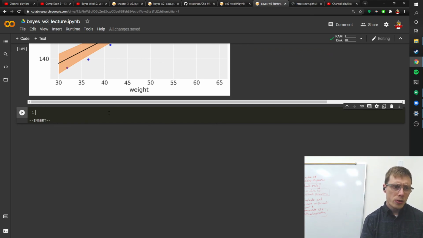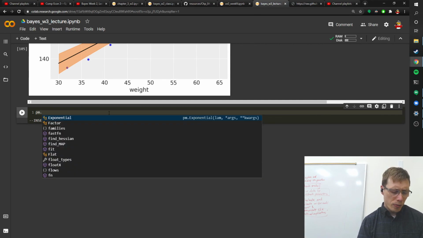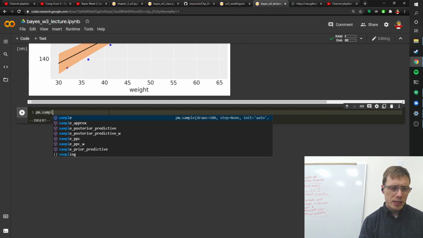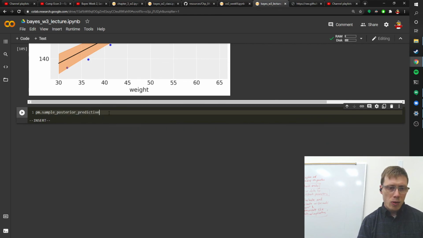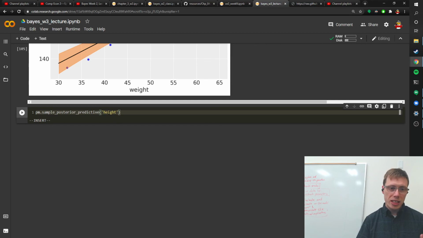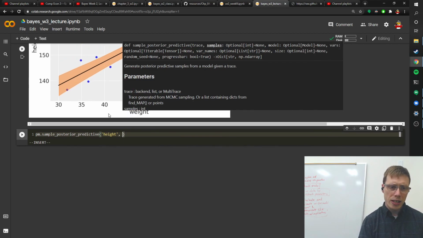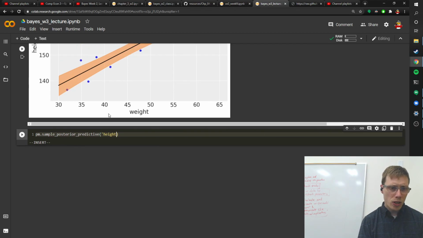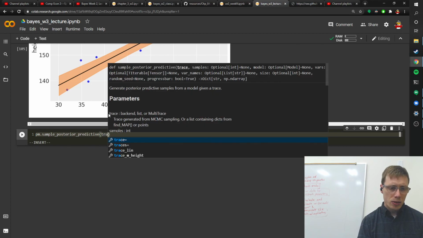What's very cool, though, is that inside of PyMC3 there is a sample posterior predictive. You'll see this right here, posterior predictive. What this will do is actually sample the heights. It will give you sample heights for all the people in your data set, and you can pass it the trace and everything. I'm not going to do that right now, like I said, but it's surprisingly cool. You can pass in, let's see here, trace, which is trace length,